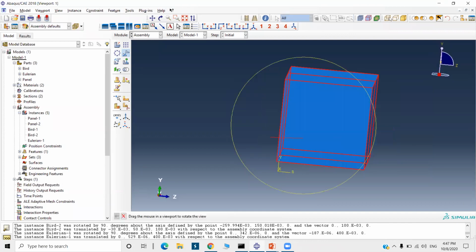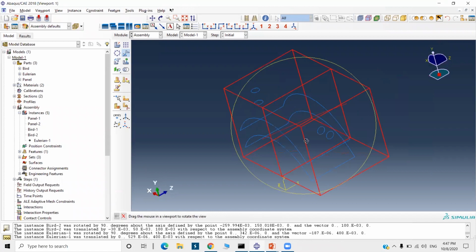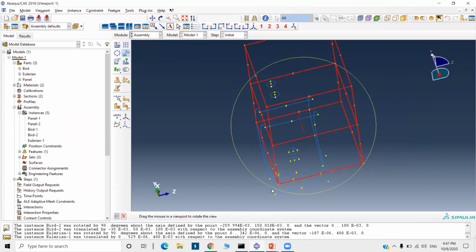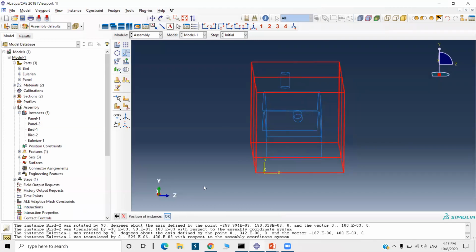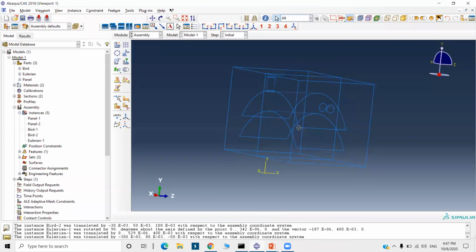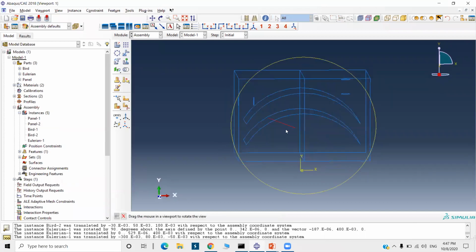Okay, we'll make it wireframe now. You can check it here. Now only we have to move it in the z direction. So in the negative z direction, here you enter negative 0.05. Okay, now I'll accept this position. Now check, it should be inside the domain because all calculation is going to happen inside this domain.